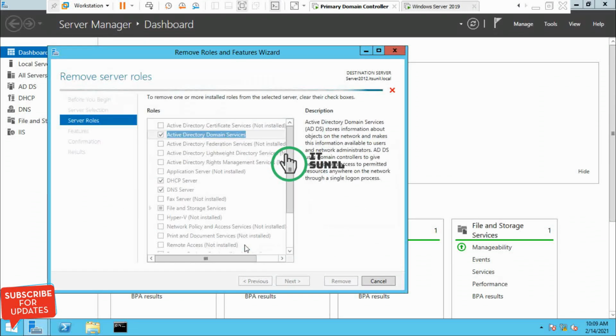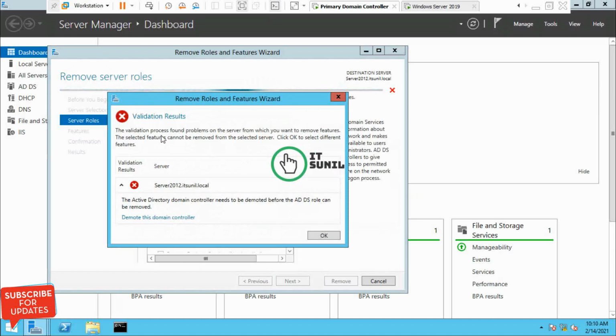Validation result: the validation process found a problem on the server from which we want to remove the feature. The selected feature cannot be removed from the selected server. Click OK. The Active Directory domain controller needs to be demoted before the ADDS role can be removed.